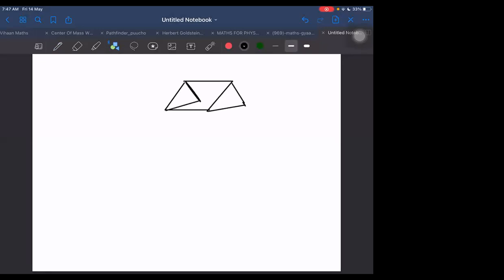Which other points can I connect? If I connect here, will it mean different or same? It will be different. This is different and this side is different. These are not the same sides, because this side is connected to a rectangle only, but this side is connected to a triangle. So it may be a different case.